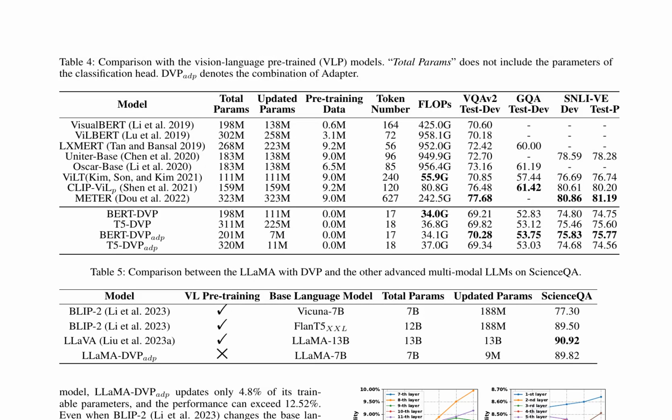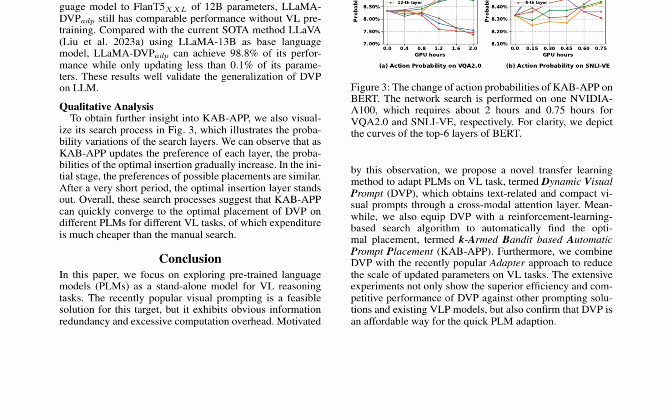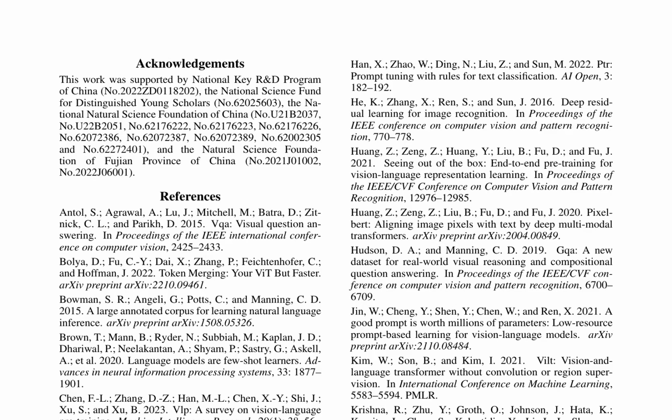The research paper discusses the exploration of pre-trained language models, PLMs, as standalone models for vision-language, VL, tasks. It proposes a novel transfer learning method, dynamic visual prompt, DVP, which adapts PLMs on VL tasks by generating text-related and compact visual prompts through a cross-modal attention layer. Additionally, the paper introduces a reinforcement learning-based search algorithm, K-armed bandit-based automatic prompt placement, KABAPP, to automatically find the optimal